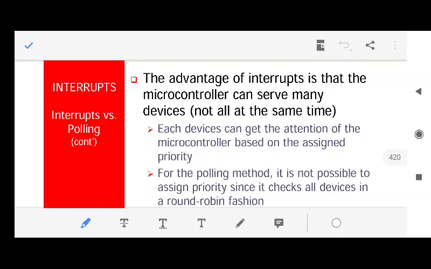So the difference between polling and interrupt can be seen from this live example. Polling in a mobile would mean that if you have n number of friends in your friend list, then your mobile will keep on checking all those n friends, whether a call is coming from them or not, and it will not do anything else. In an interrupt system, your mobile will do all the work which you wanted to do: play games, play videos, play movies, anything else.